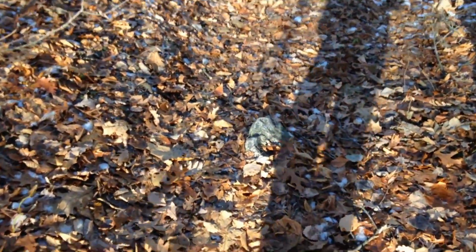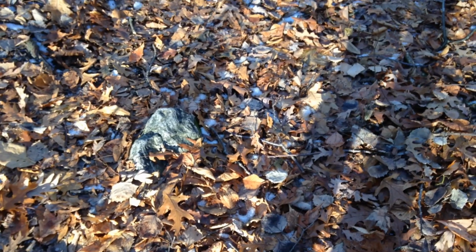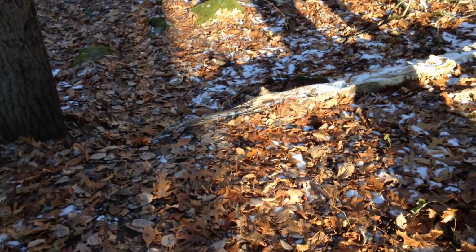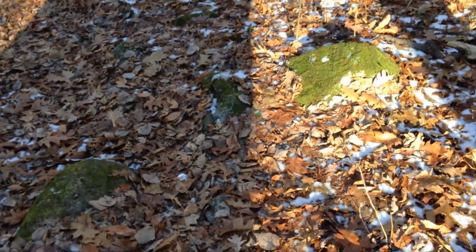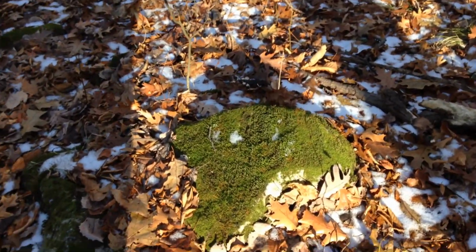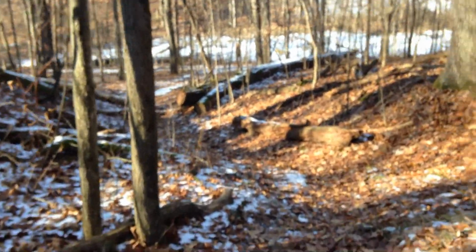Yeah, the big ones and the medium-sized ones, at least you can see them sticking out. It's the little fist-sized ones that scare me. Here's some more gnarly stuff, stepping over these fallen trees. And you get down here into the shade of this ravine, and all the rocks underneath are covered with this slippery moss. So we're still going down,